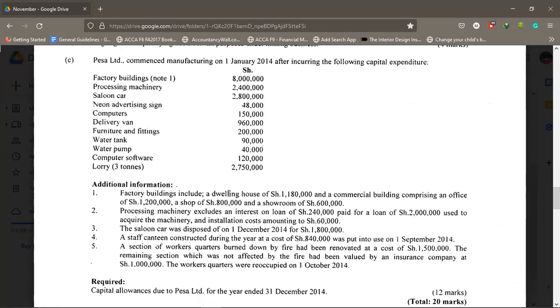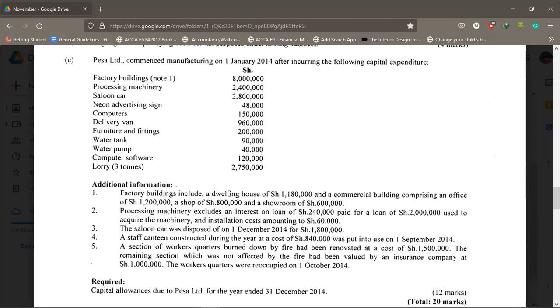Pesa Limited commenced manufacturing on 1st of January 2014 after incurring the following capital expenditure. We have factory building, 8 million. Processing machinery, 2.4 million. Saloon car, 2.8 million. Neon advertising sign, 48,000. Computers, 150,000. Delivery van, 960,000. Furniture and fittings, 200,000. Water tank, 90,000. Water pump, 40,000. Computer software, 120,000. And lorry, 3 tons,